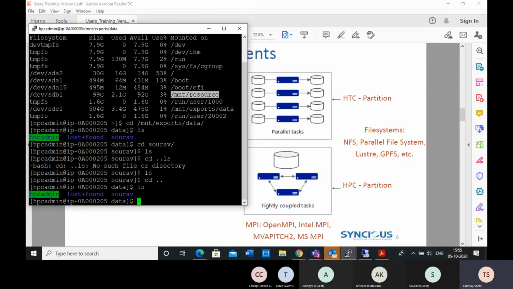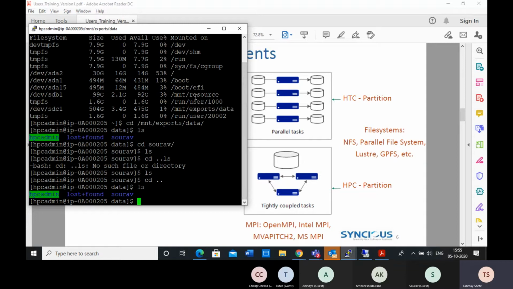Similarly, every machine will have the directory /mnt/resource, as well as the directory /mnt/exports/data. So on every virtual machine your job runs, you will see both directories. Whereas this is global, this is NFS storage. As I said, it's persistent storage, so you will see the same data in every machine inside /mnt/exports/data.